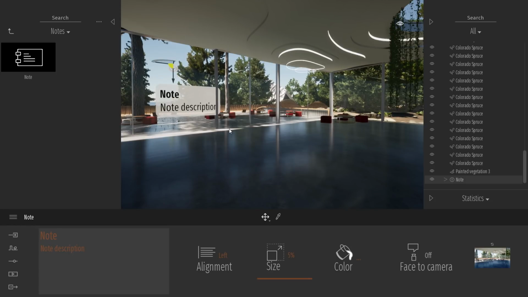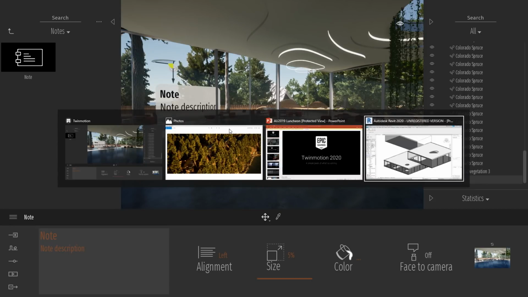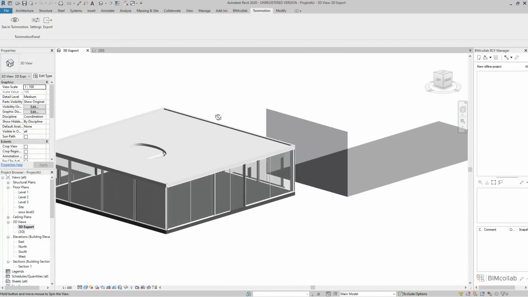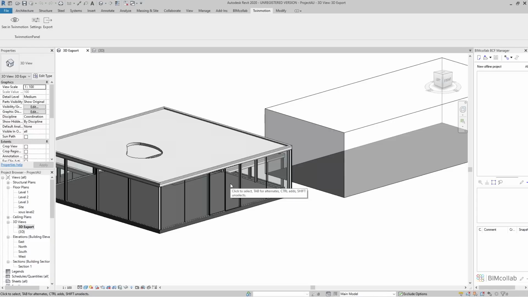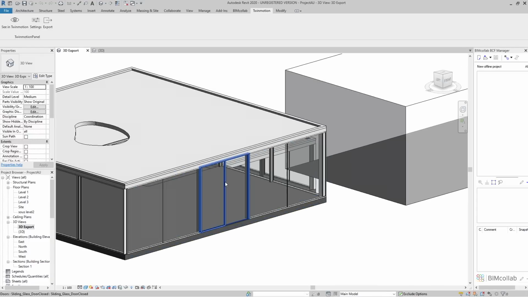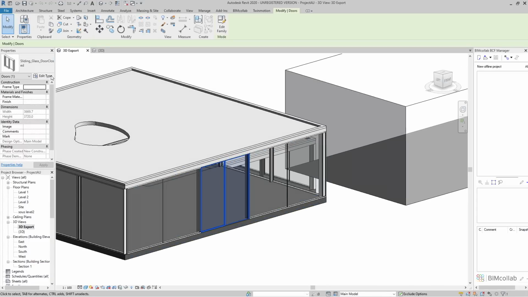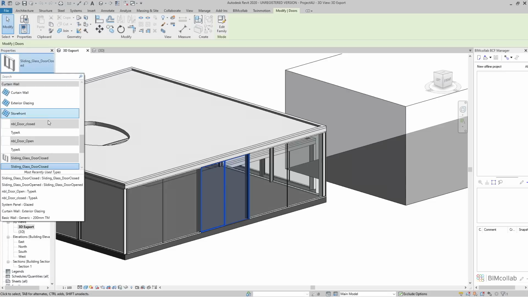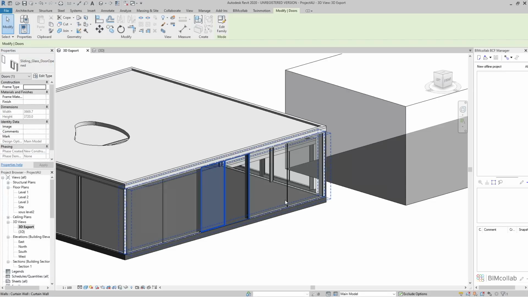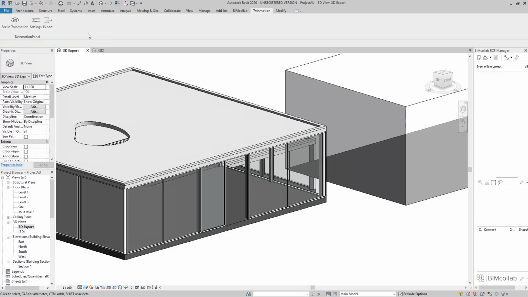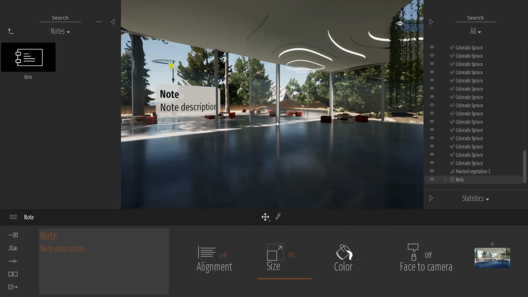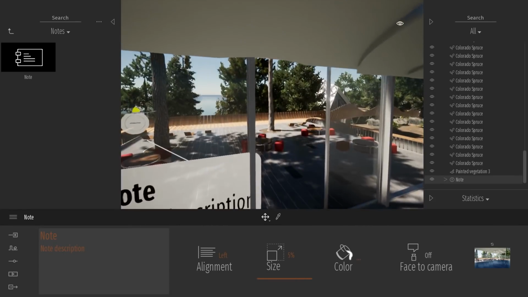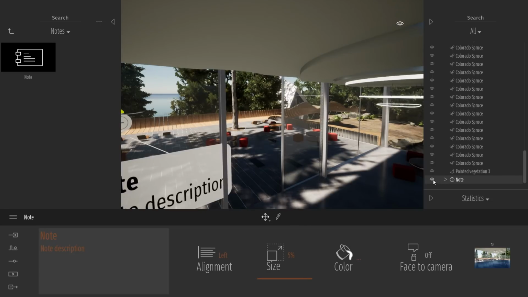So you're just making project review and you see some error in the geometry. So you add your notes, you send back to Revit, and you make the changes in Revit. And since Twinmotion has this direct link with Revit, that means that all the work done in Twinmotion is never lost. So for example, here, if I want to change something like this door here, just going to switch to the opened version of this door. If I want to send that back to Twinmotion, I just click on Send to Twinmotion, and now my door is open. And everything I've already set up in Twinmotion hasn't been lost.